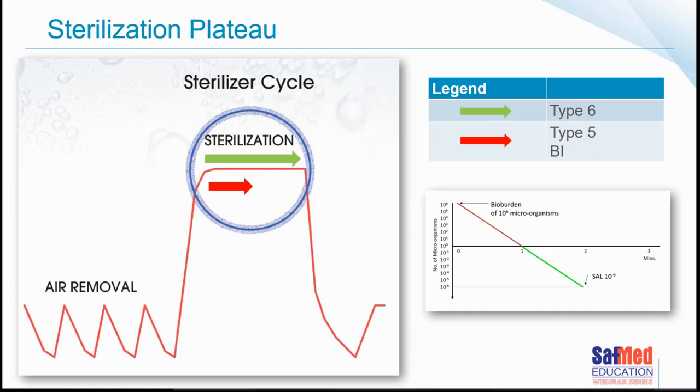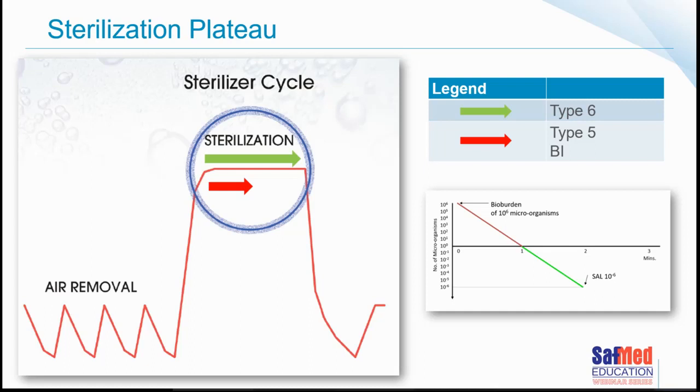So this actually means that a biological indicator would give you a pass in about 1 minute, whereas a type 6 chemical indicator measures the entire exposure time, the entire duration of that sterilization plateau, assuming, of course, you've chosen the correct chemical indicator for your specific autoclave's sterilization time, whether it's 3.5 minutes or 4 minutes, for example. And that shows you a little bit of a difference between what happens in the steam sterilizer between a biological indicator and a